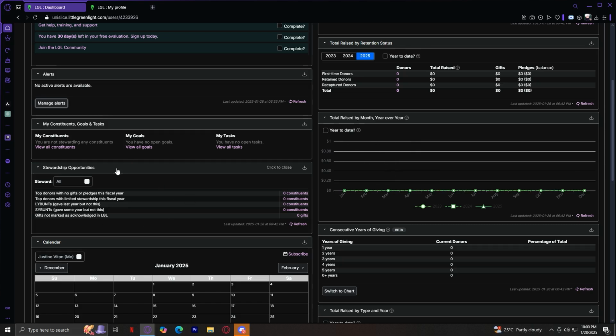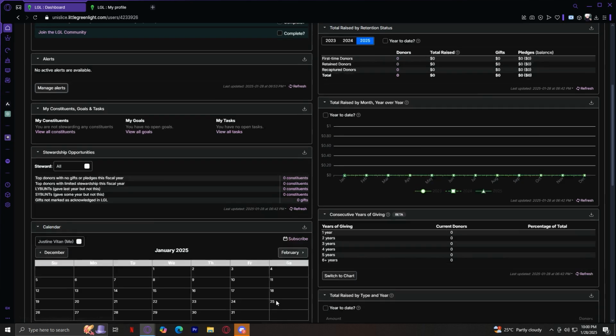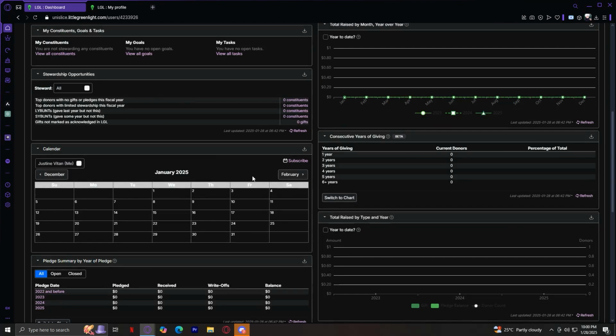For these stewardship opportunities, you can check which donors are on top and with most gifts or raised. For the calendar, basically you can put different things on here. It's basically just a normal calendar and consecutive years of giving, pretty much. So basically what this means is, let's say a donor has gifted 4 years in a row, you're gonna have a donor over here. It's going to say one. Basically, those are their streaks. So let's say they only donated for 1 year. They're going to add to this list over here under the 1 year mark. And if they've been donating for 2 years straight, it's going to be put in the 2 year mark and